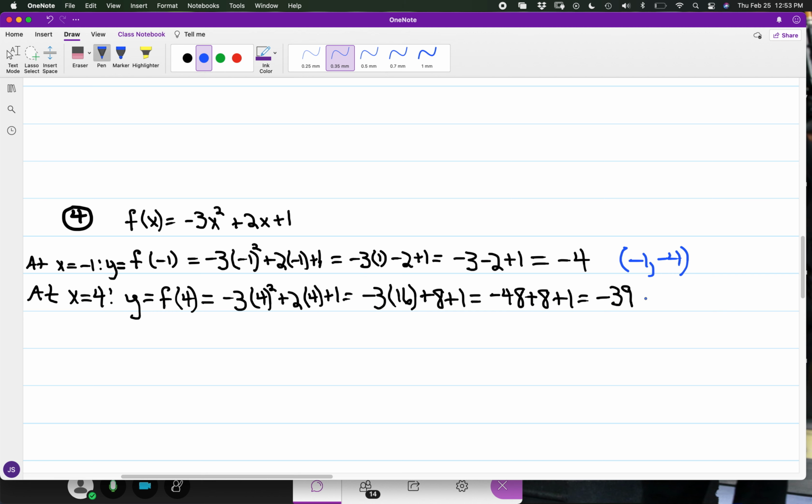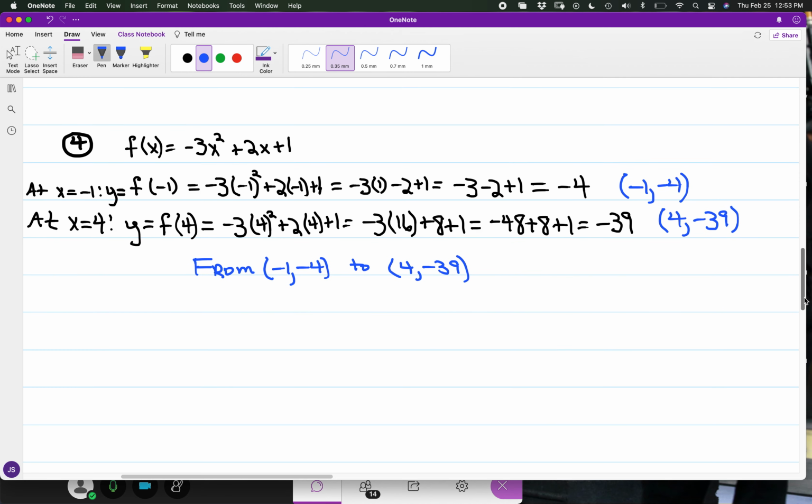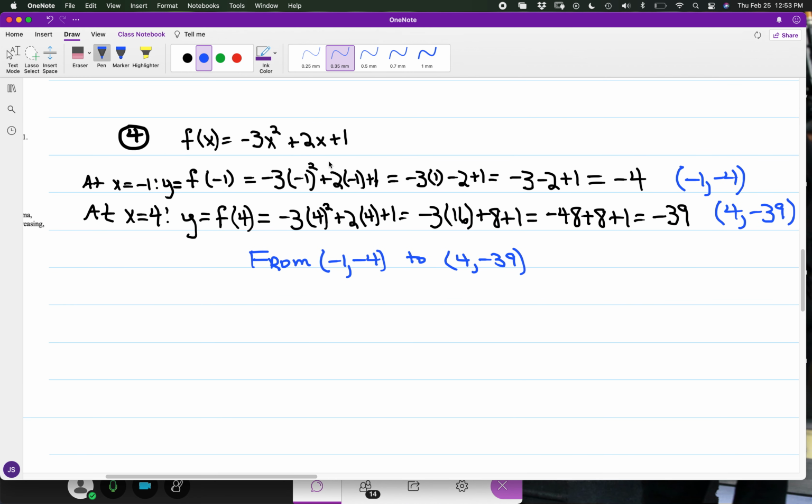And so for this particular ordered pair, we have x at 4, and y comes out to -39. So you're looking at going from -1, -4 to 4, -39. Now again, the graph of this function is not going to be a straight line,